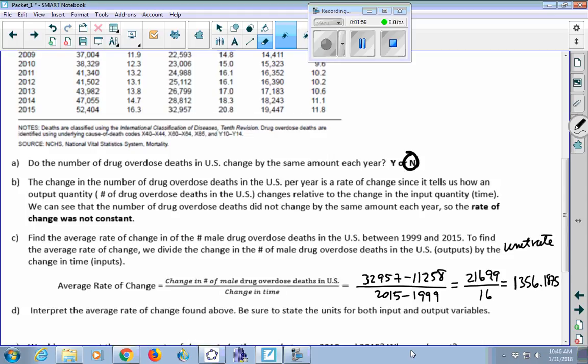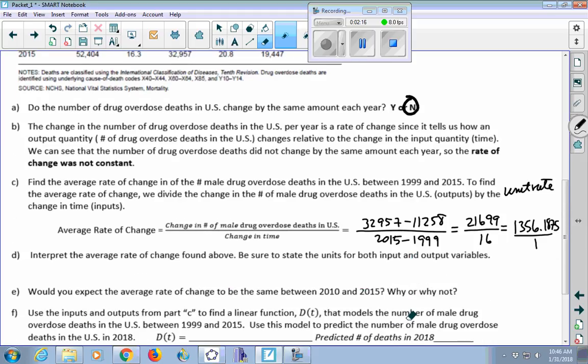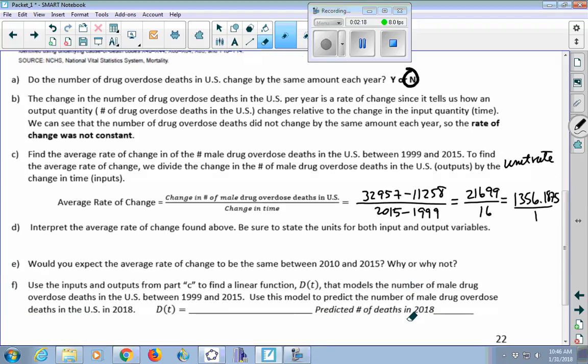0.1875, I do want the decimal, because it's in hundreds of thousands. Okay, so when you say 0.2 of 100,000 or 0.18 of 100, it's a lot of people, right? Okay, so this would be 1356.1875, and if we put the units on that, that's the number of male deaths per year. All right, so on average,